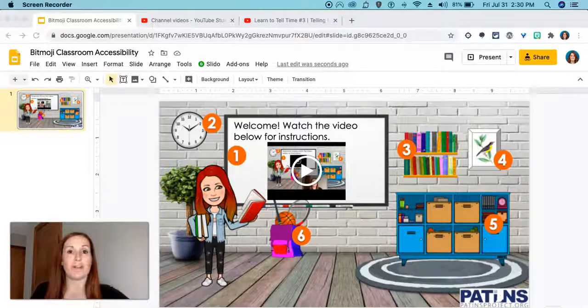Welcome to step 4 in our series. Now it's time to make all of our activities clickable and accessible for each and every student. I've added my activity for number 1, and now for activities 2 through 6, we are going to add transparent shapes that will be accessible and clickable to direct our students to the activities we'd like them to complete from